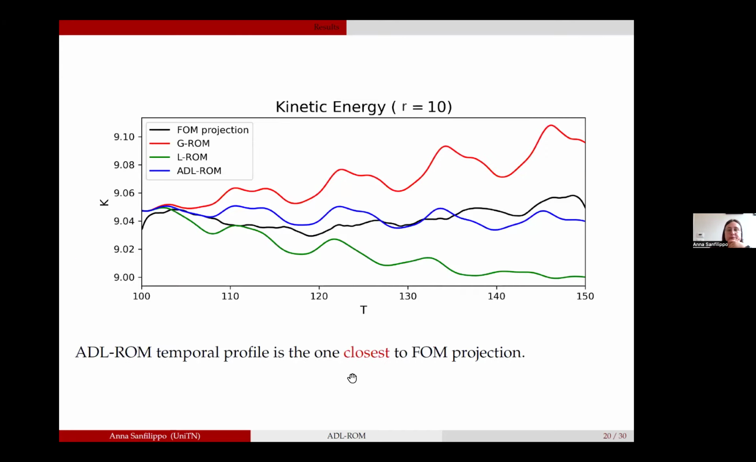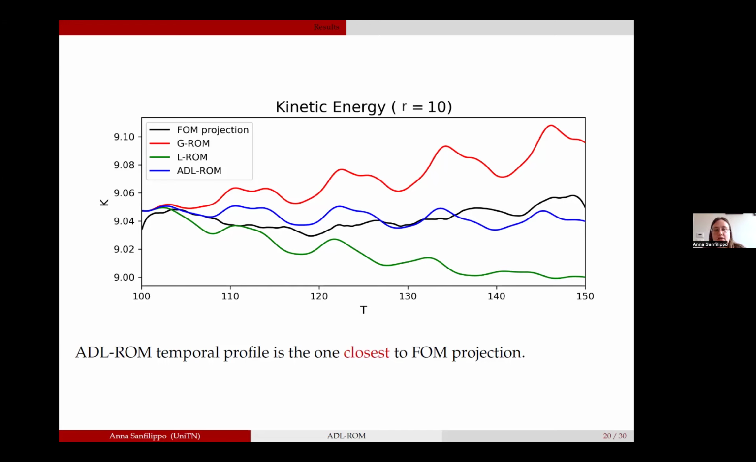And this is confirmed also by the kinetic energy. We have in black the finite element kinetic energy, in red the G-ROM kinetic energy that is higher than the black one, and this means spurious numerical oscillations. And then in green the L-ROM kinetic energy that is lower than the black line, and this means over-diffusive behavior. And in blue the ADL-ROM kinetic energy, that is the one closest to the black line. It's not perfect, but it's closest,